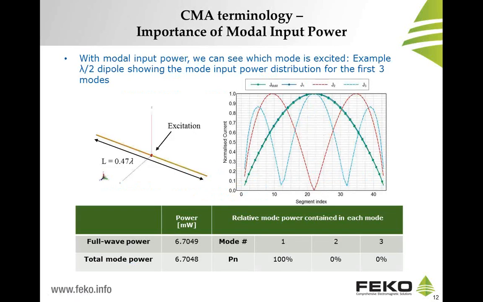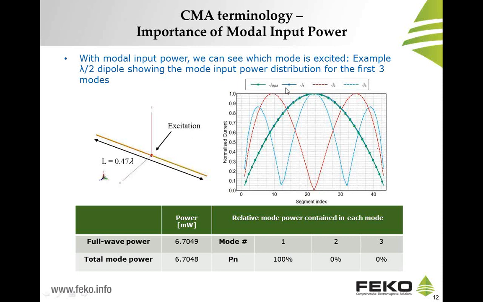Now, this may seem like a mouthful, and it's also always useful to illustrate the concepts with the help of an example. So let's take a very simple example, which in this case is a half wavelength dipole antenna that I excite here at the center point with a pin feed. It's of resonant type of length. And now I simulate this, and from that simulation I extract the full wave reference solution, which is illustrated here